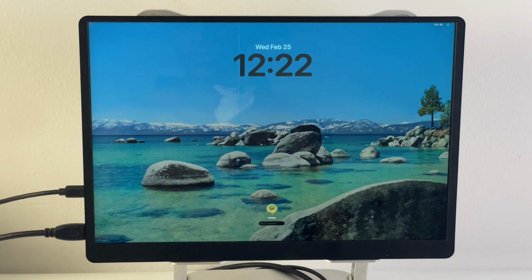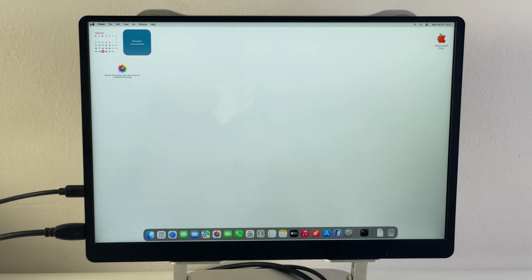Hello guys, in this video I'm going to show you how to fix and enable AMD Vega graphics on Opencore Hackintosh, whether you're using a laptop or a desktop. Now let's go to About This Mac,